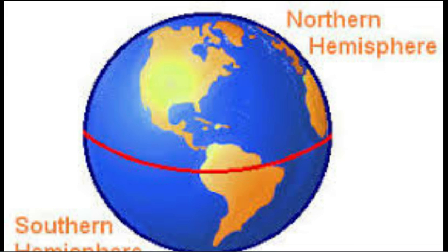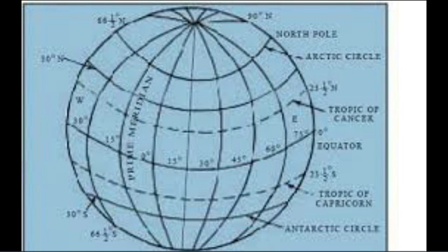These imaginary horizontal lines run parallel to each other, so they are also known as parallels of latitudes or parallels. They run in east to west direction. Equator is the longest parallel latitude. All other latitudes are smaller circles parallel to it. They are drawn at an interval of 1 degree. They are measured from the equator 0 degree to 90 degree.